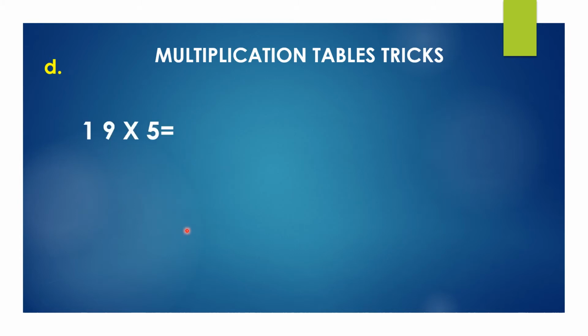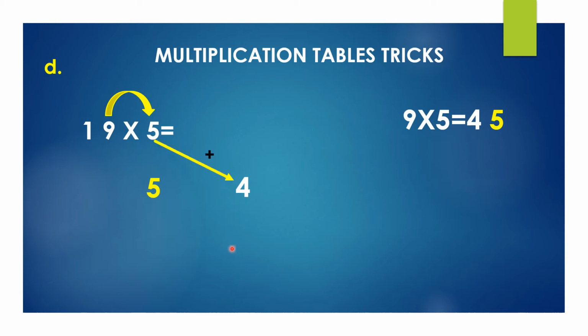In the same way, let's see one more example. Now, let's multiply 19 fives are. First step, 9 fives are 45. So, we'll take only the ones place digit. Just exactly below 5, you write 5. In 45, we are writing only the ones place digit. Now, the tens place, how much is there? 4. Now, add this 4 to 5. 5 plus 4 is 9. So, 19 fives are 95.